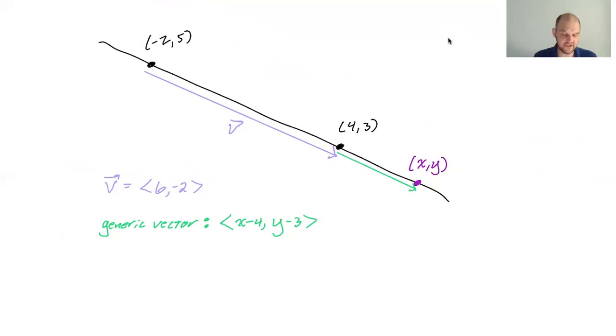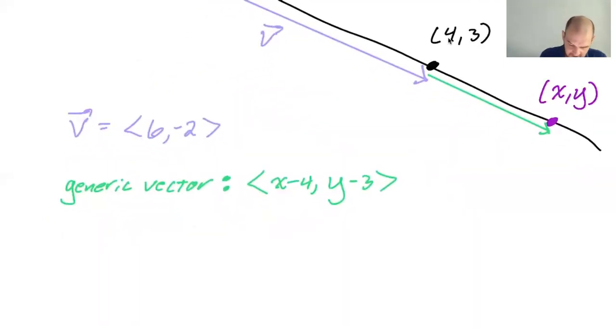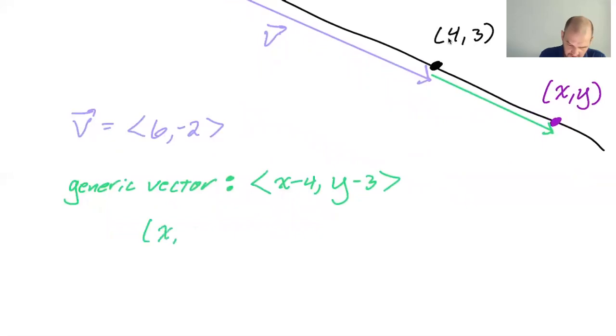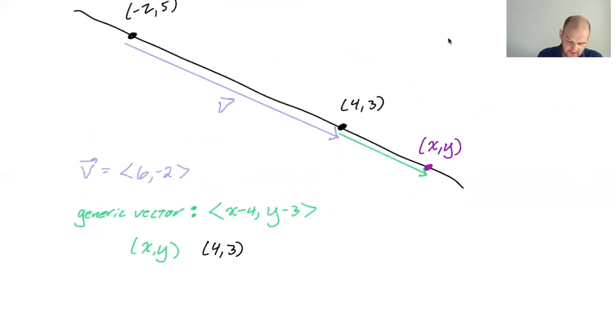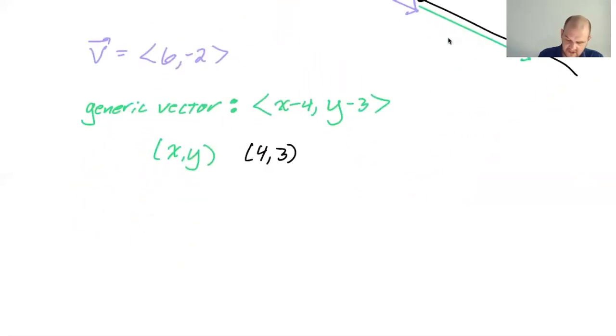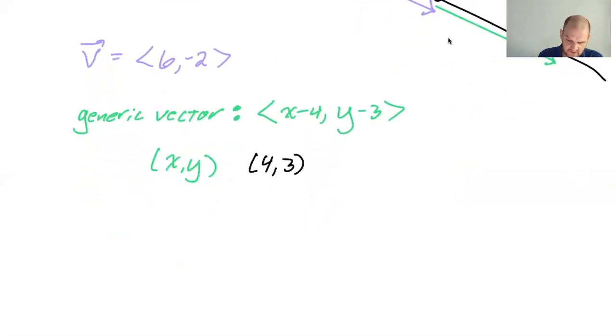You need your generic point, right? So we have a generic point, xy, and then you have your specific point of 4, 3. But we could have used this specific point, -2, 5. It wouldn't have made a difference. What we're claiming is that these 2 vectors, since they're both from the line, must be scalar multiples. So these 2 vectors are scalar multiples, which means that